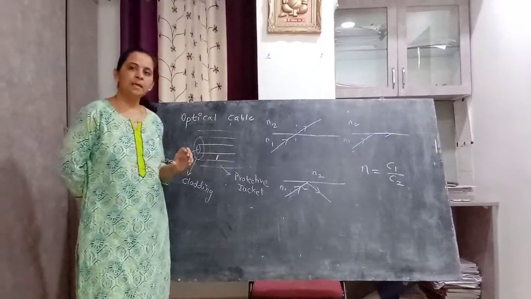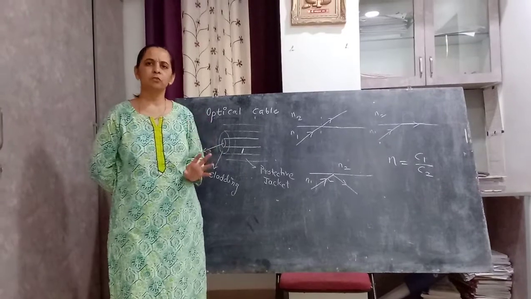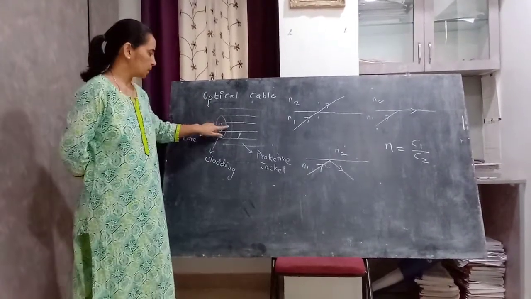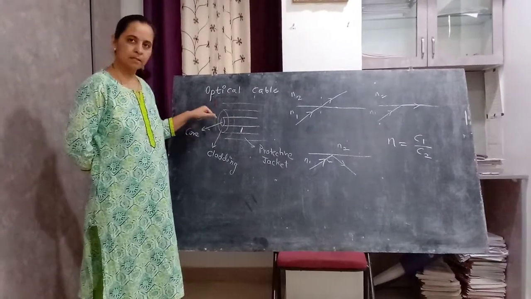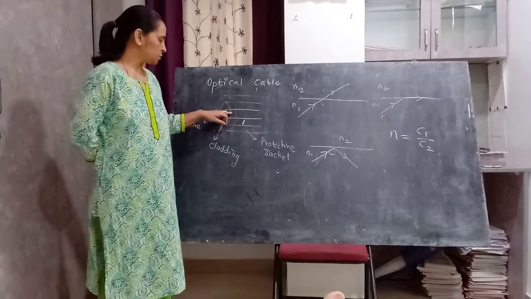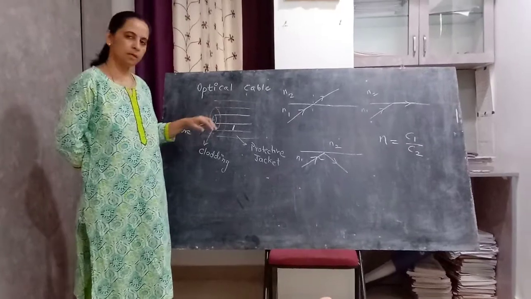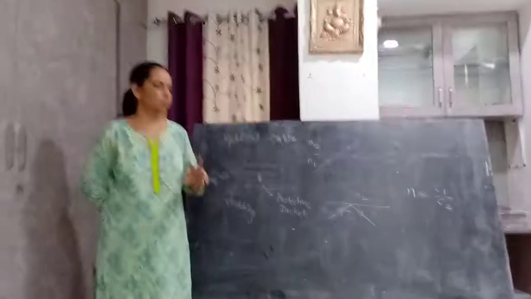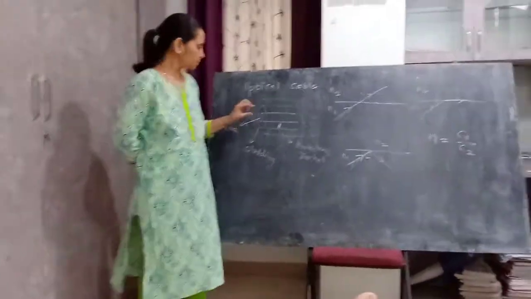Okay, so the optical cable, which carries the light or the entire information signal, consists of a core, the central part of the cable. Outside that core, cladding is there, that is also of the same material. Like if this is glass, this will again be glass. If this is plastic, this will again be plastic. Or we can have a glass plastic combination also, but generally we go for glass only.